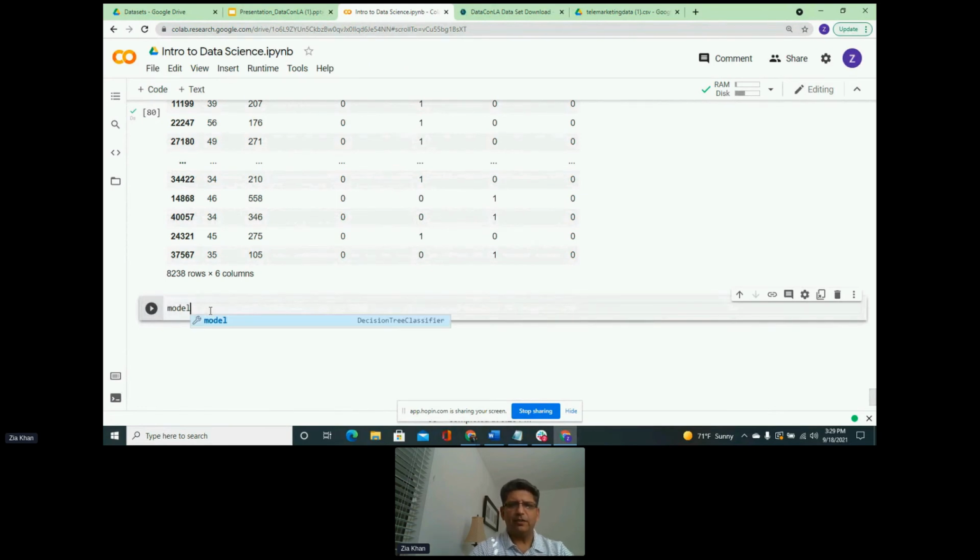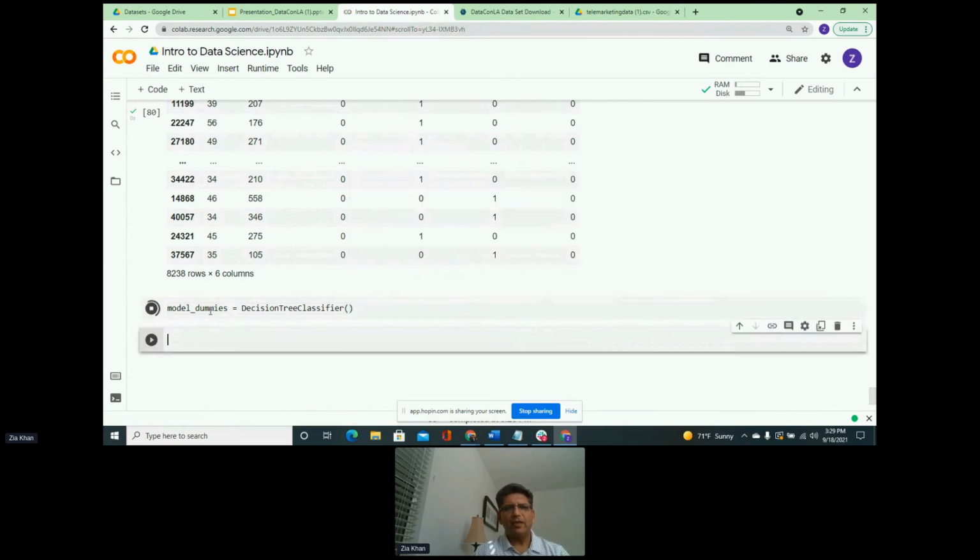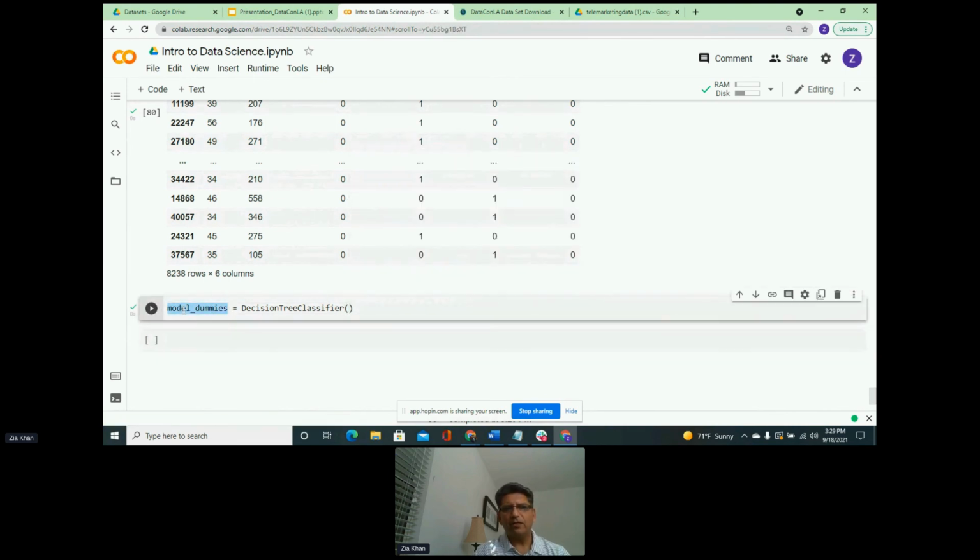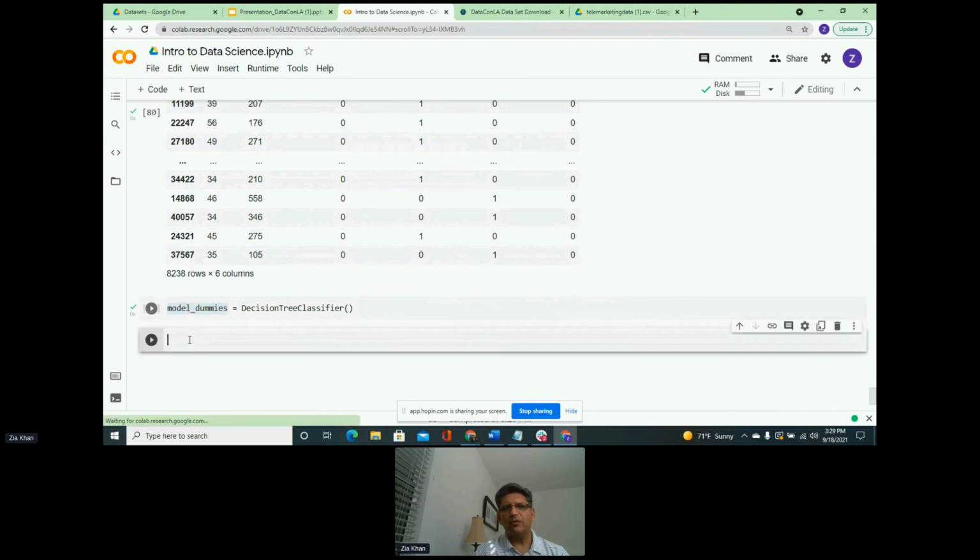We are going to call this model dummies, and we will instantiate the class again, decision tree classifier. This will create a new object for us, called model dummies, which holds the decision tree classifier algorithm. We have instantiated a class.